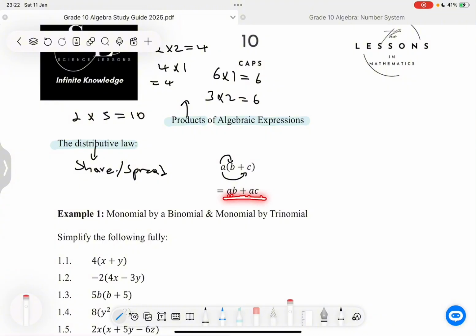It is now expanded, and at this stage there's nothing more we can do. It is simplified. It is in the simplest form. So we say that we were solving this algebraic expression so that it gets to be simplified. So basically, when they say here simplify the following fully, they're actually saying we should expand them so that they cannot be solved any longer. So the first one that we are given, 1.1,